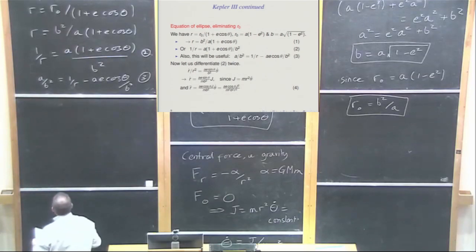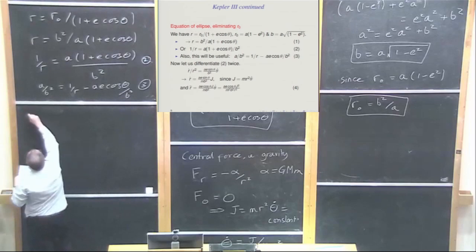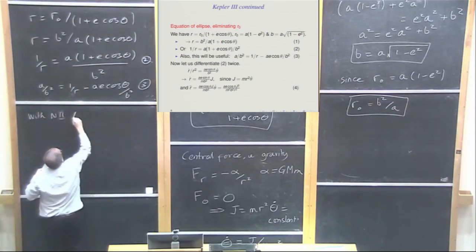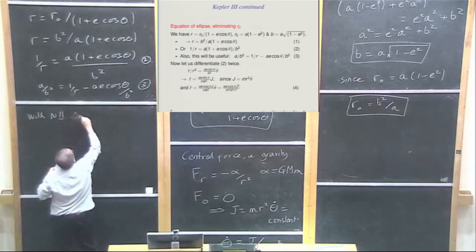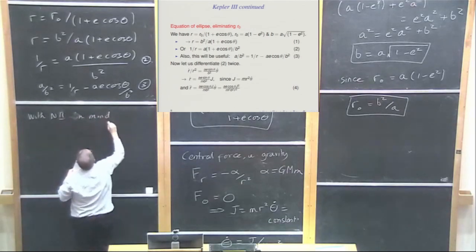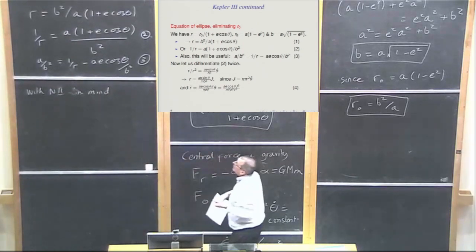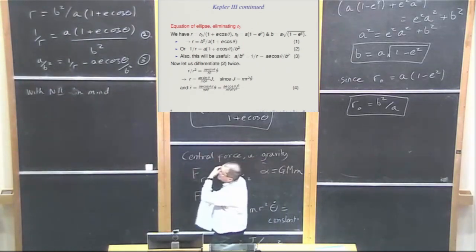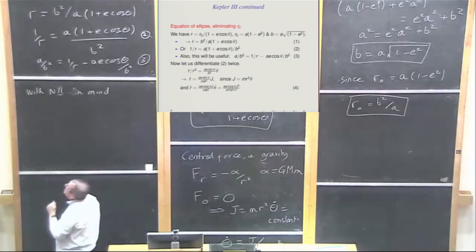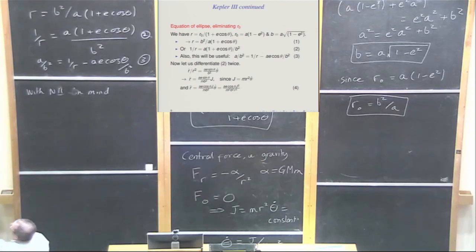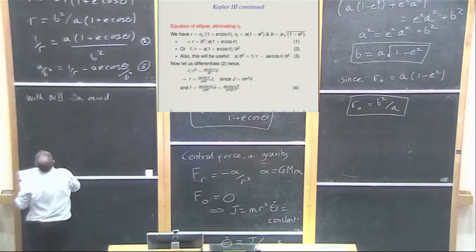Newton's second law. So with Newton 2 in mind, we have something which we know is a solution to the equation, but it's written in terms of all the stuff we're interested in, such as the semi-major axis. So let's try and get this into a form which we can stick into Newton 2. And that's going to require that we have r double dot, right? So let us differentiate 2